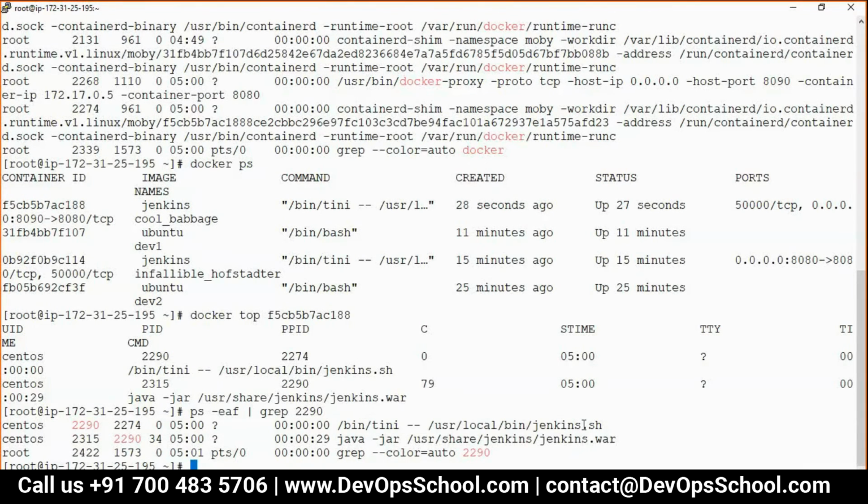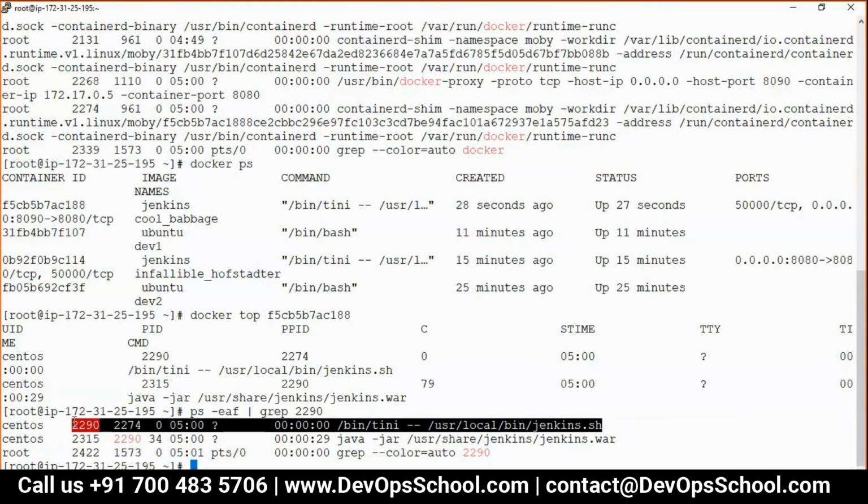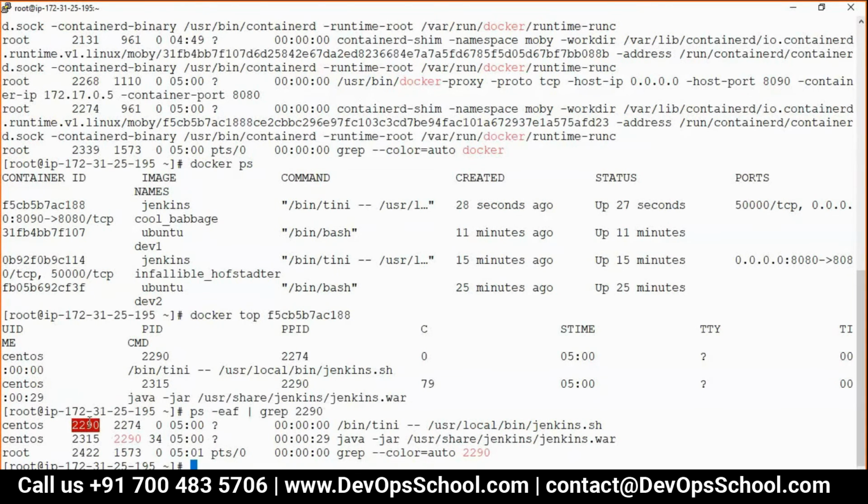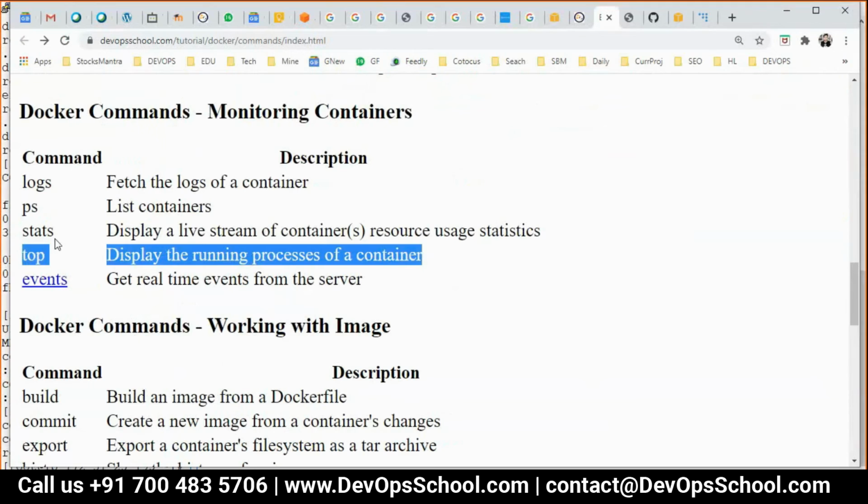Actually, if you look at this, Jenkins.sh, the one which is running inside a container, is a child process of the host machine, and it is 2290. So how do you correlate all this? You can correlate all this through top.